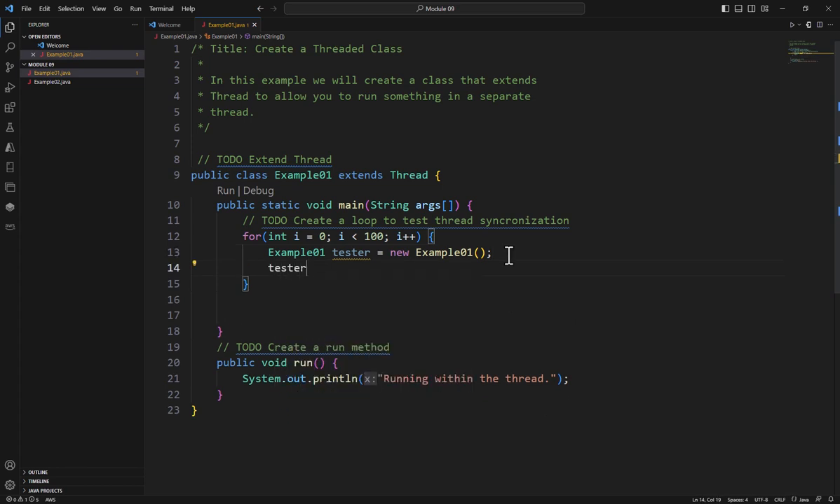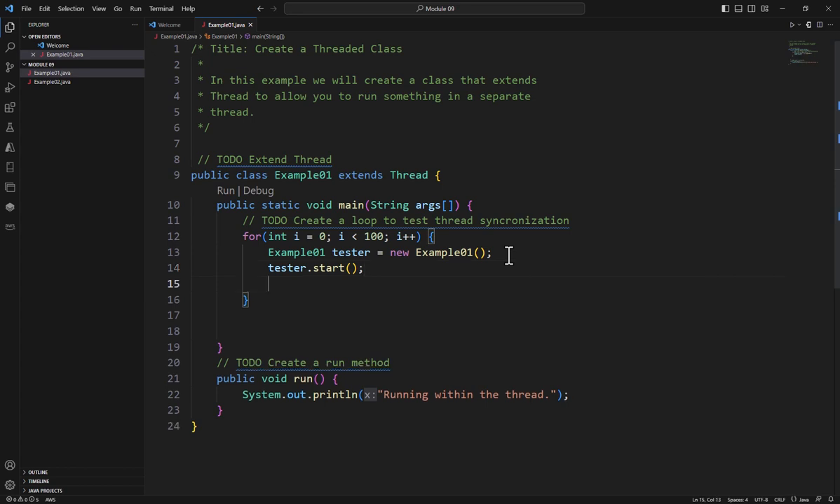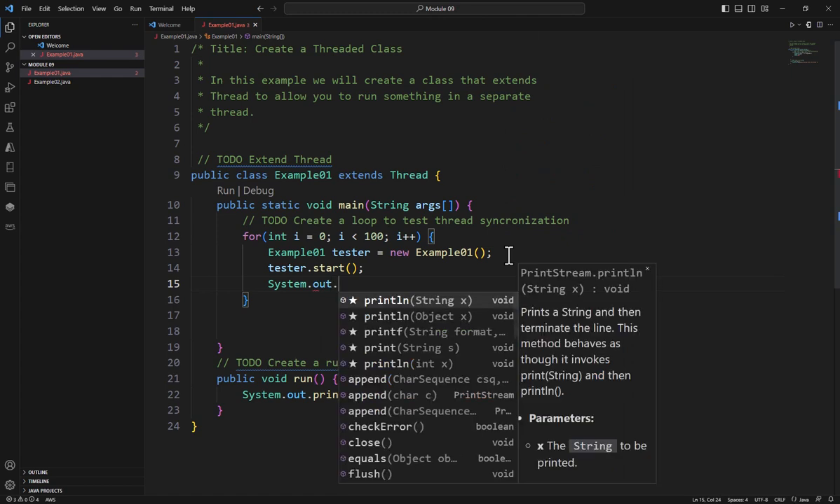I'm going to call tester.start. What is that going to do? Well, that's going to kick off and start the thread. Notice we don't call run, we call start. Start is going to call run, and that's why we have to have that run method. Then I'm going to do a system.out.println